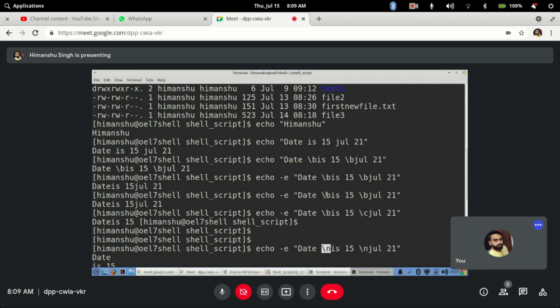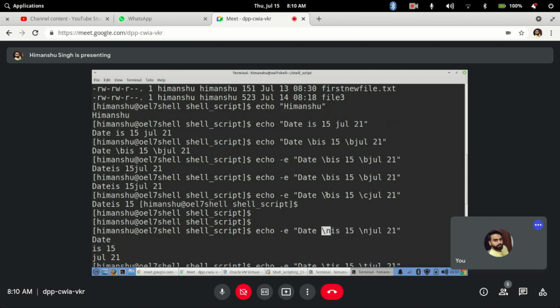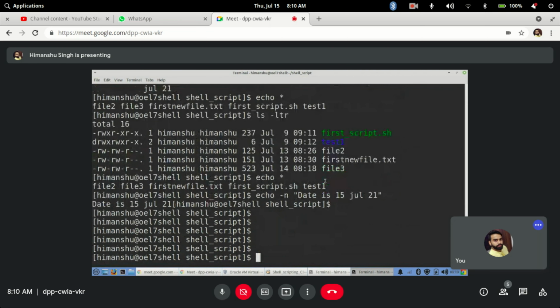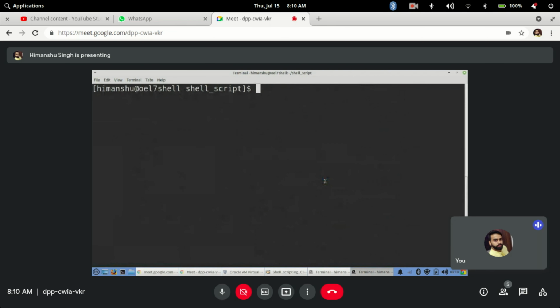Next, this is how echo is working. Echo is for printing anything on your screen, and in future we will see how to use this to insert that particular content from echo into a file also. But for now echo is printing everything on your screen. This screen output, the gray color that you are seeing here, is called standard output. That's why we say whenever echo is printing, it is printing on standard output.